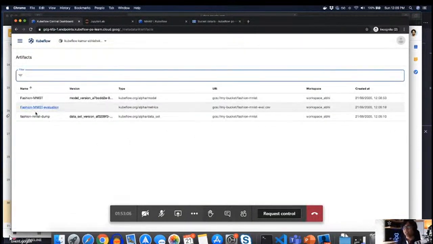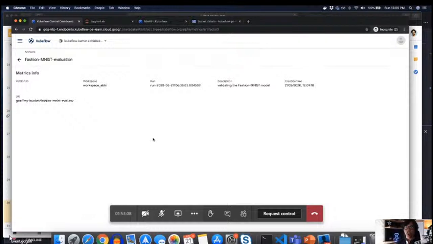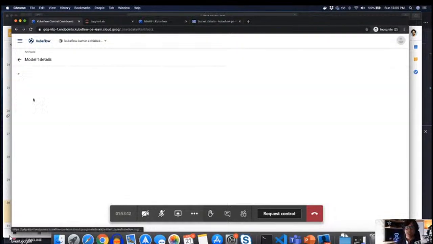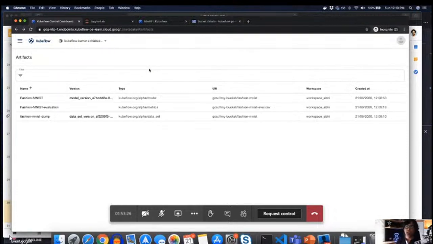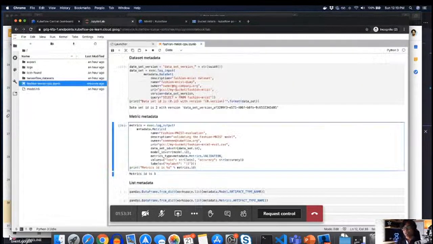So for example, you can look into any evaluation. For example, this is the workspace. I can look into data. So this is the model that I built, and you can filter. Okay, so what are the models that I built with a certain performance, right? So you can try out all sorts of things. So this is one feature that you can use during your development process. Now,